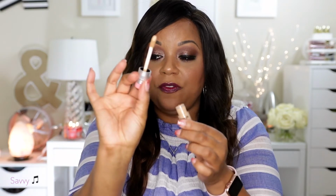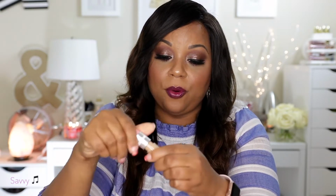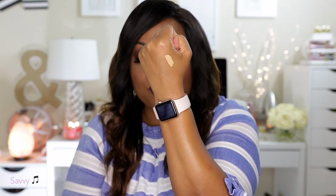I've already started using this. It's got a doe foot applicator. I love the color of this concealer for me. It's not too light or too dark. It is perfect. And it really is pretty creaseless, guys. It is really pretty creaseless. I don't have it on today or anything, but I have tested it out a little bit